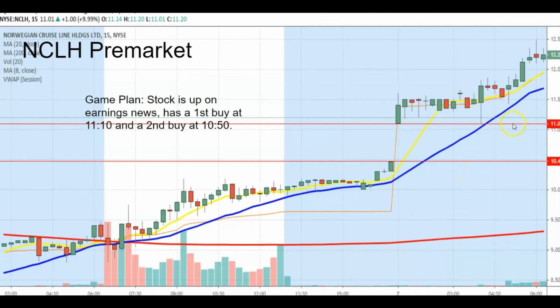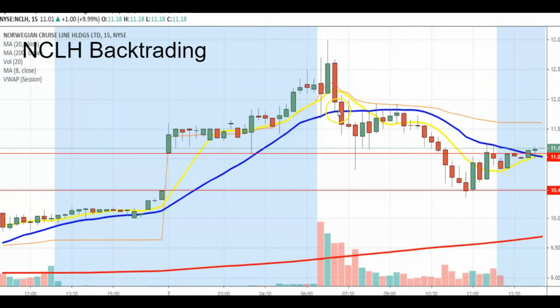However, my first buy was here, my second buy was here. Okay, so let's go look at what happens. Look at this. It pulls back into this, a little deeper of a pullback, but my first buy gets pulled back into. You would have had to suffer a little bit, but it bounced pretty quick. I think this came down to like 10.70 or something, so you would have been down 30 cents a share, but on a stock that's $10, you wouldn't even be down 5% at that point. Look, it pulls back in and it gets as high as like 11.80. So we'll just call it from 11.10, you would have had basically about a